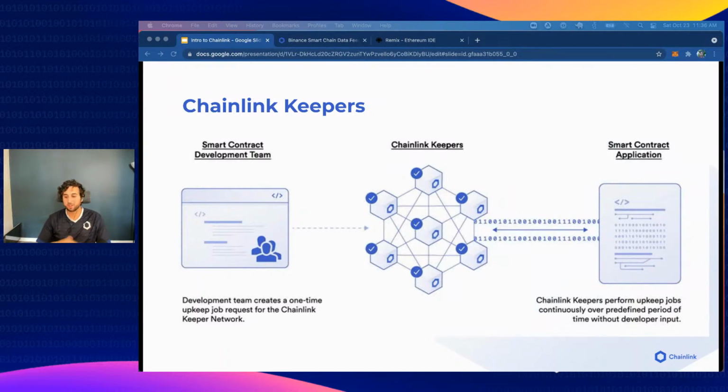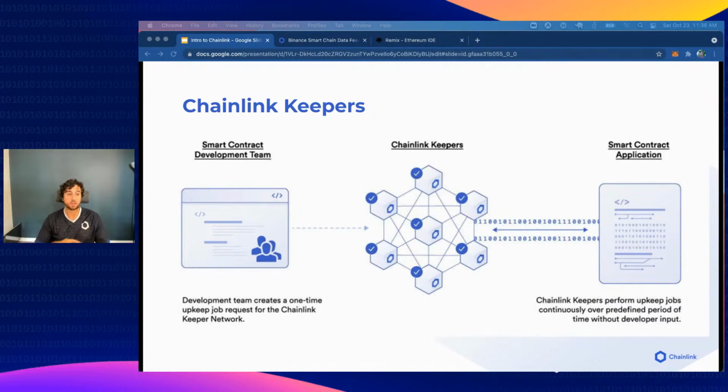So another thing that's kind of limiting about smart contracts, and we talked about that Oracle problem and how they can't connect to outside data and resources. But blockchains can't actually really execute their own code arbitrarily. They need an outside actor to initiate it, right? So, as we've been deploying our contracts, if I want to run get latest price, I have to click that button, get latest price. I have to run that code. We have to run our functions. And so